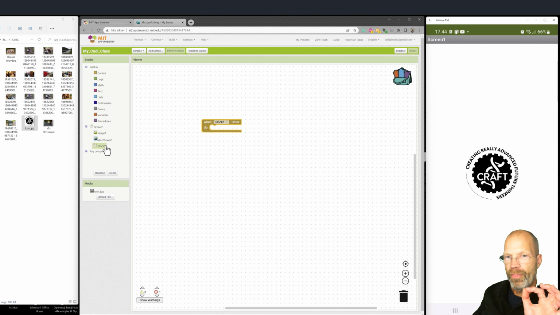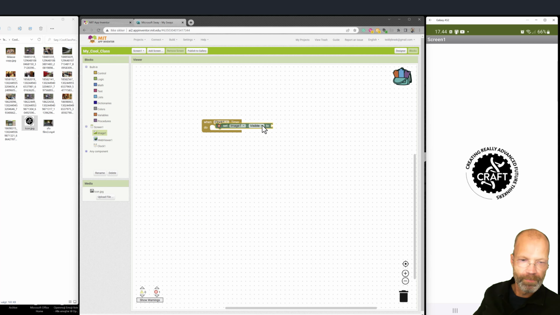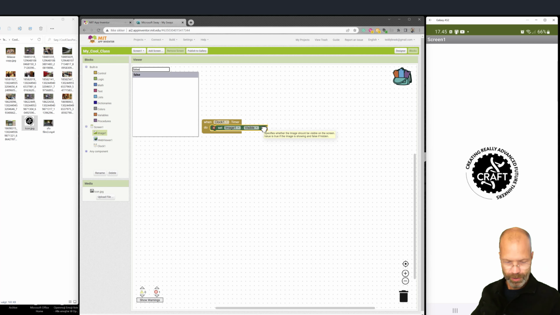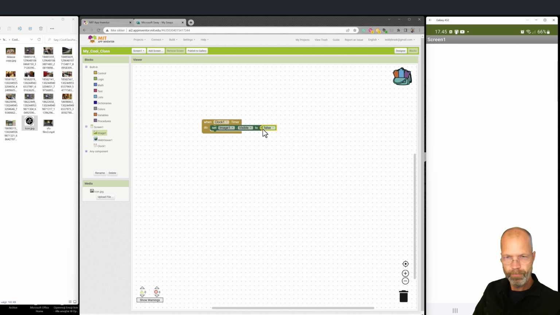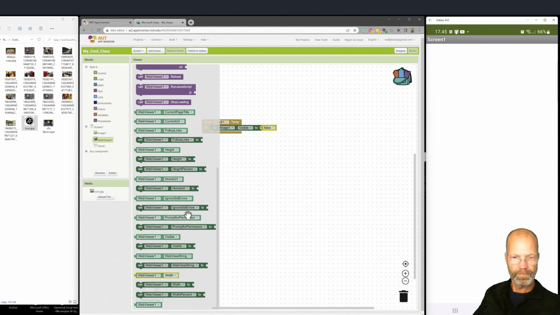Every third second this timer will be called. We are going to set Image visible to false, because we want this to disappear, and we want this web viewer